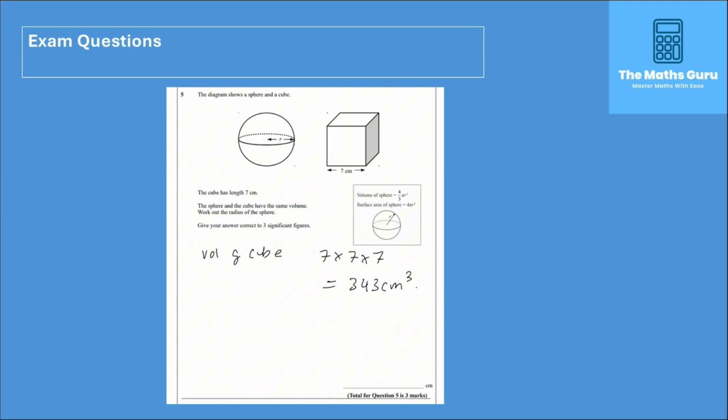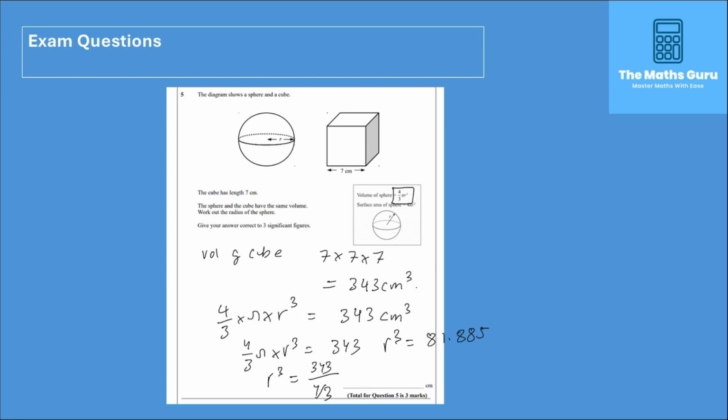Now we have an expression for the volume of our sphere, so we know that for some value of the radius we'll get this, because it tells us that the volumes are equal. So we know for some value of r, this expression for the volume will give us an answer of 343. So we can do 4/3 pi times r cubed is equal to 343. Then r cubed is equal to 343 divided by 4/3 pi, which is going to give us r cubed is equal to